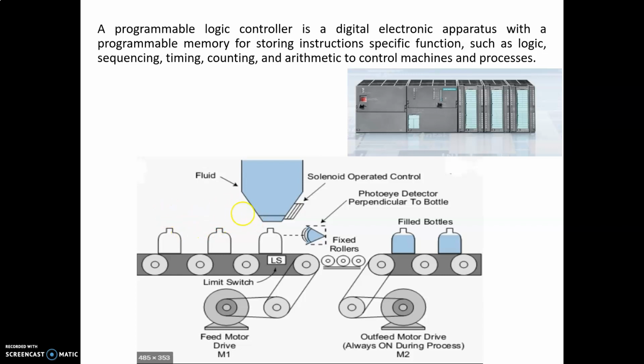We have to make sure that exactly when the bottle comes to this position, and only then, liquid should be injected into this bottle, and at that moment only, this conveyor should stop, right? So we require a lot of sequencing of operations simultaneously. Controlling all these things requires a unique apparatus, and that is nothing but a PLC. We will discuss in the coming part how we achieve such an operation.